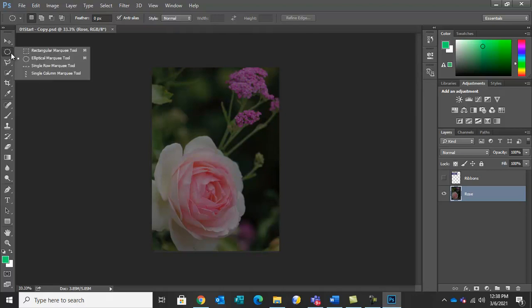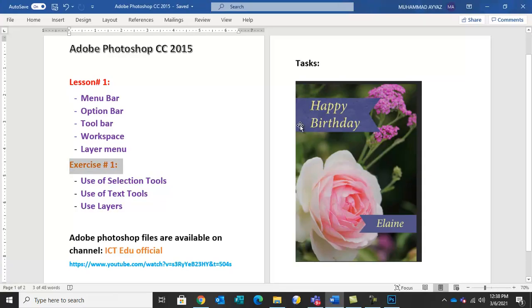So now we want to draw a rectangle, because as mentioned in our assignment, we want to create this ribbon. So we will create a first rectangle, one here and one here, one by one we will do, and then we will type a text also using text tool. We will change the color also, and we will crop it also. We will make it as a ribbon. This is a ribbon. So we will draw a rectangle, then we will convert it into a ribbon, and then we will change the color also and type the text as well.